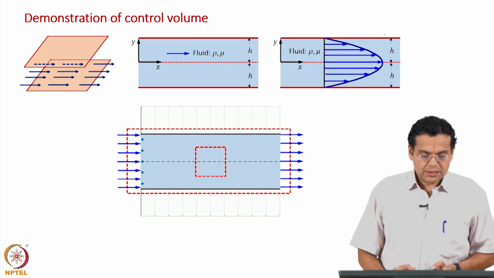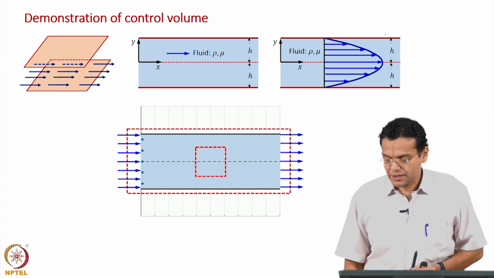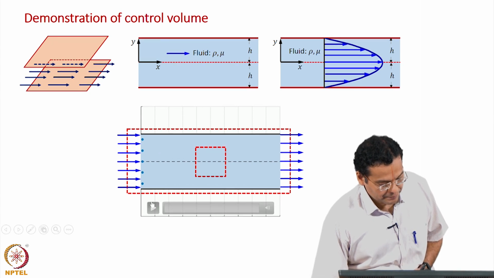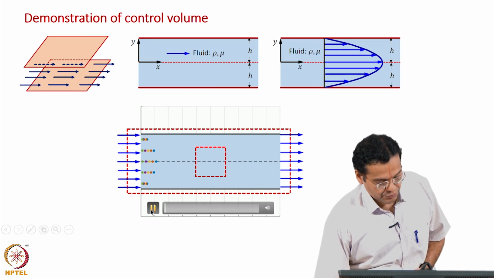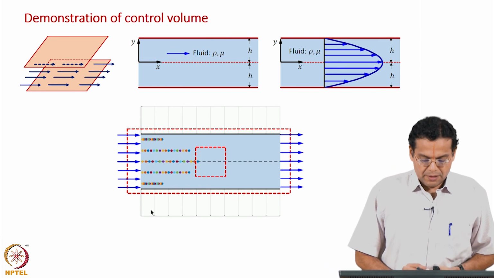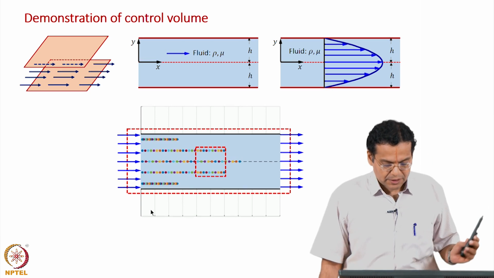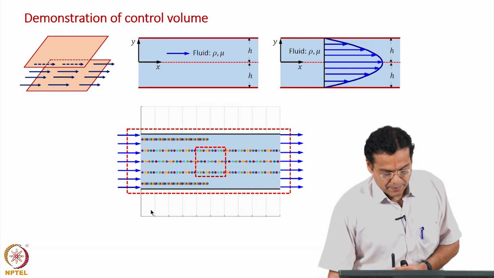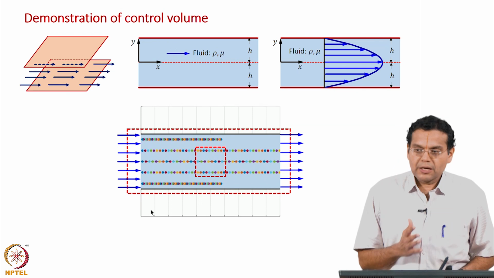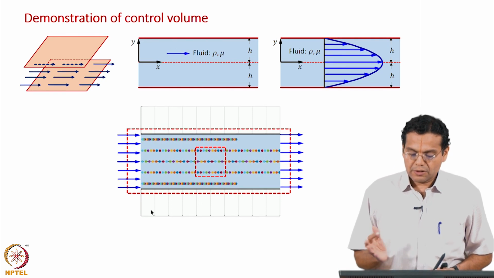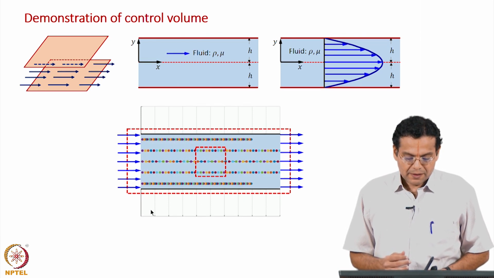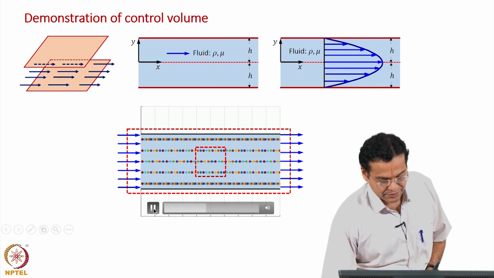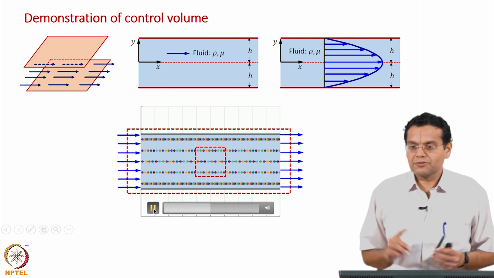Okay. Let us demonstrate the control volume. The configuration of fluid flow between the two plates is known to us. So, let us go straight to the video. Let it pass once through the entire region, then different fluid enters and then crosses this region. Let the complete region be filled with the fluid particles.